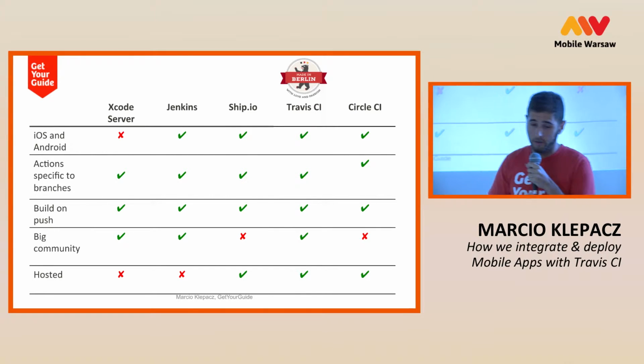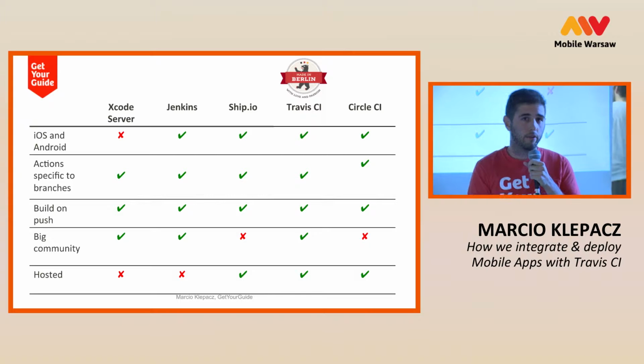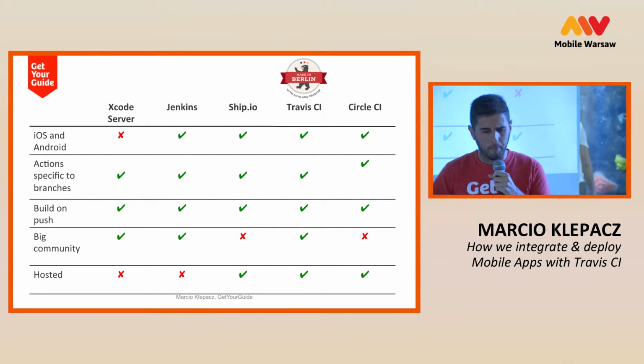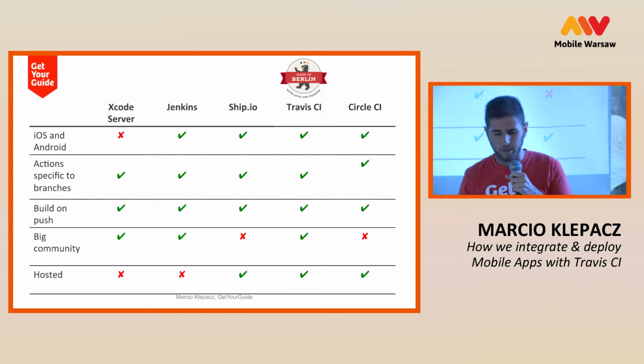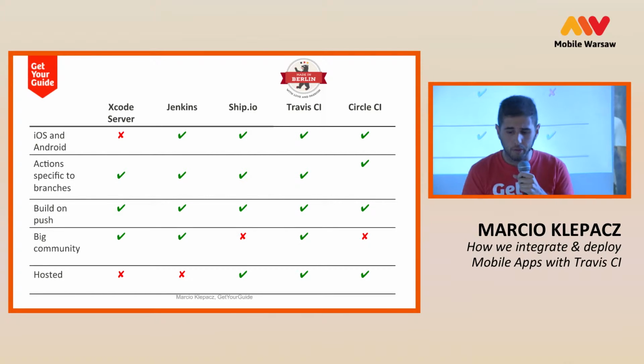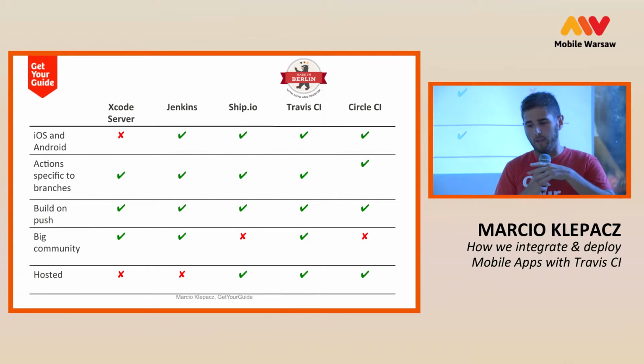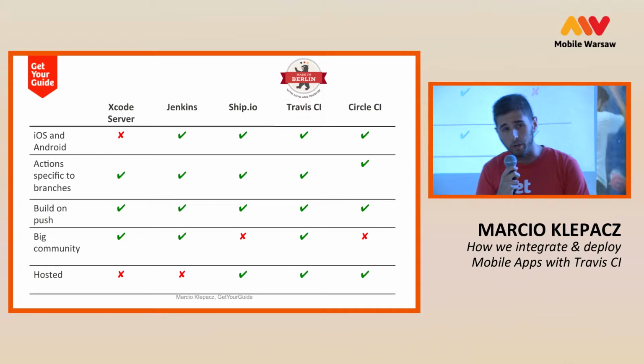Ship.io at first was a great impression. They offer very out-of-the-box solutions. You just hook up your GitHub and it builds. You don't have to care about anything else. Awesome, but they're still very new, and there's also a big community involved with them. So we decided to take a look at other options,